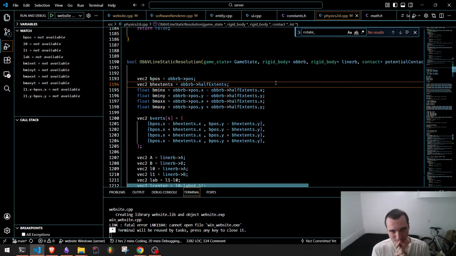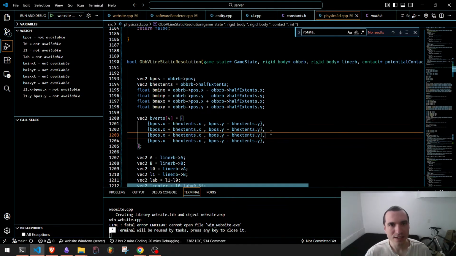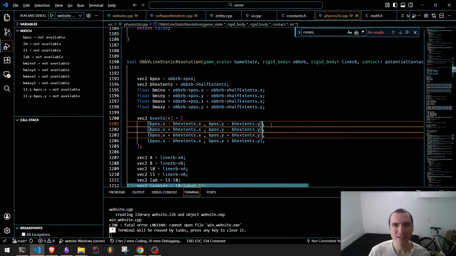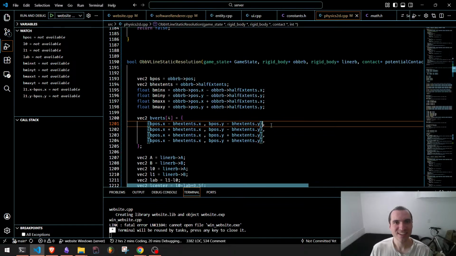We'll do this after we... this is the first confusing thing, so we do need B min and B max. Yes, okay. We don't need to worry about that, but we need to calculate the vertices differently. The vertices will now be... you want to rotate it. We want to rotate the extents, so we'll do like